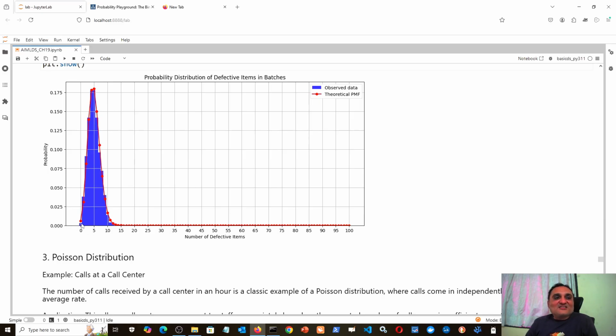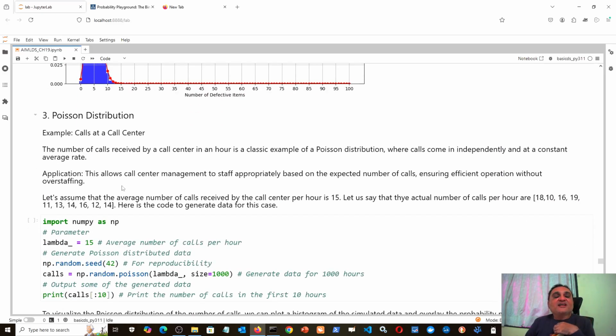These are considered extreme values, and they are outliers, and they are not important. Sometimes you get 10 or more, maybe 15 or 12 keyboards defective, but that is okay. That is just a very small number. Probability is very low. And similarly, sometimes in an entire batch of 100 keyboards, you get 0 defective. But again, that is a very small or negligible probability. So what you have to see is where there is maximum probability. That is at 5. So you will say that at most 5 keyboards in one batch will be